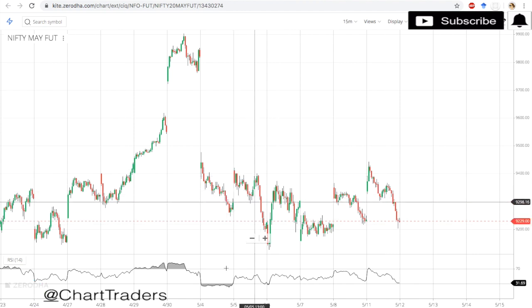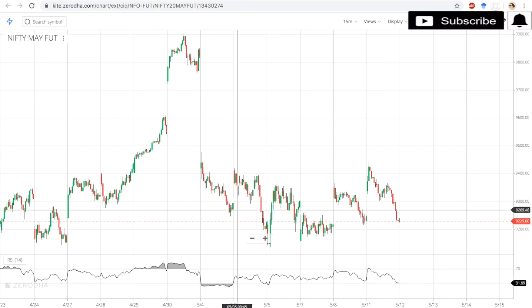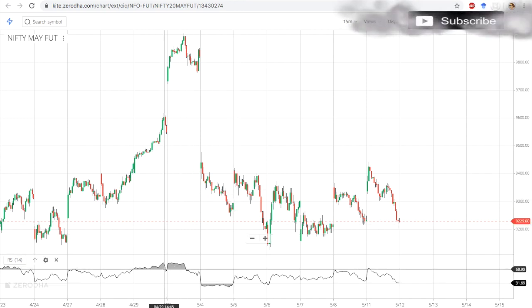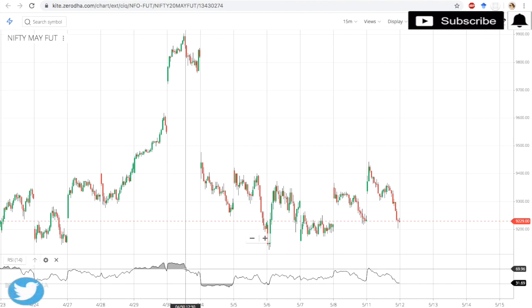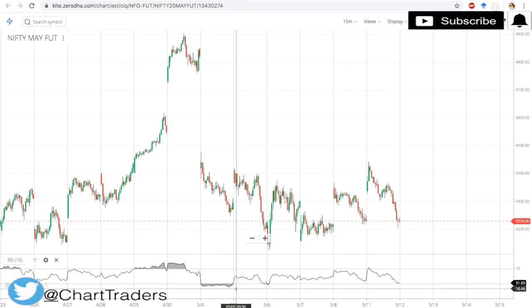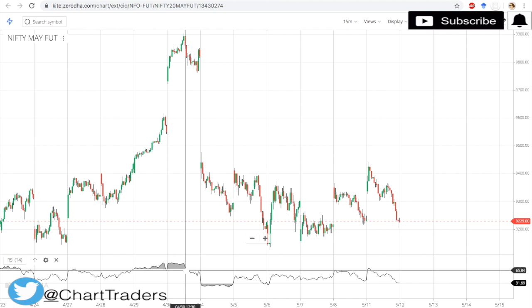Okay, the most important thing is how to find the entry and exit point. Here the RSI, for this duration from the starting point up to this point, is above 70. So the most important thing is where you want to enter and where you want to exit. Normally when RSI crosses 30 we will buy, and when RSI crosses 70 we will sell. Okay, that's the normal basic RSI indicator.